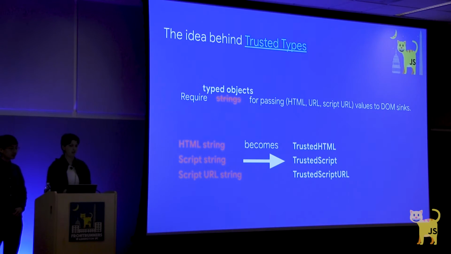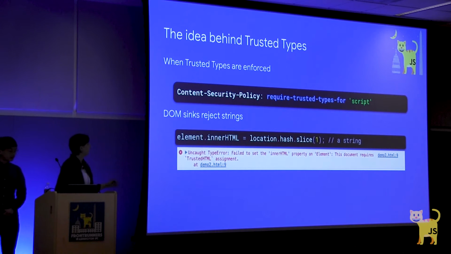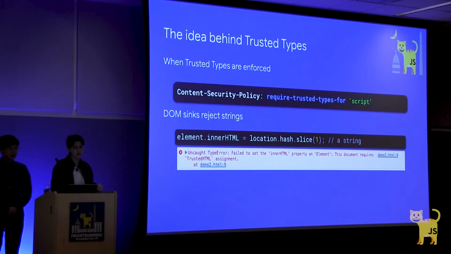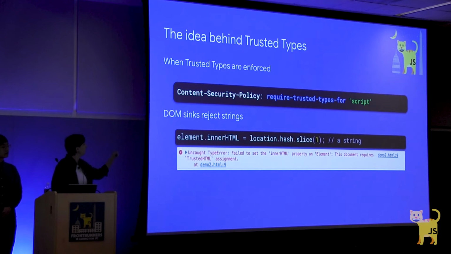We'll discuss how to generate these typed objects later in the slides, but this is the main idea behind Trusted Types. To go into the technical details a little more, there's a backend component to this. We enforce Trusted Types by using the Content Security Policy response header and the require-trusted-types-for directive. This is a mitigation implemented in the browser, and we need to tell the browser, can you please